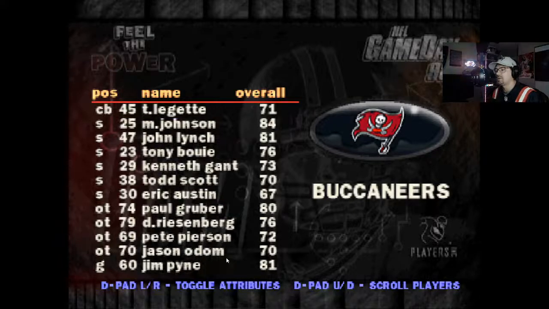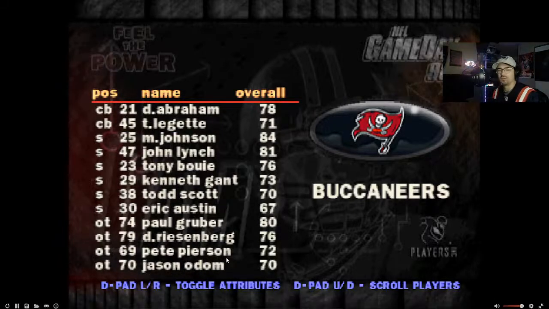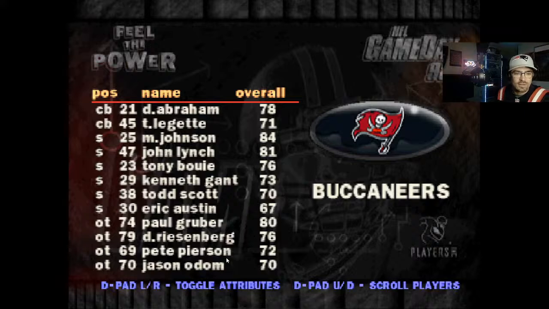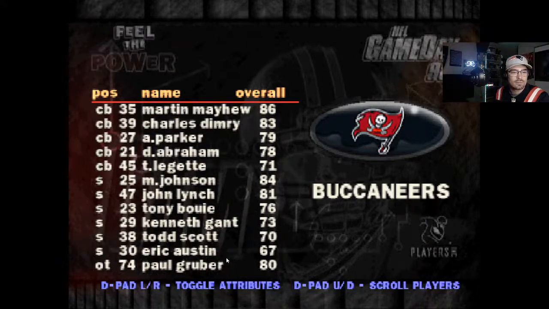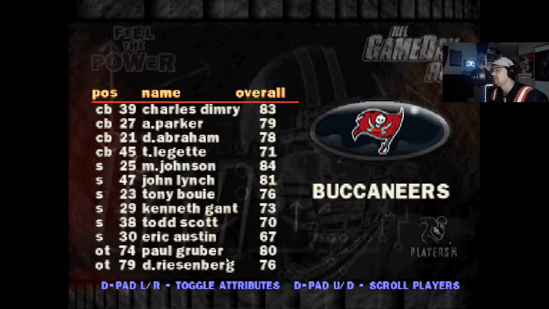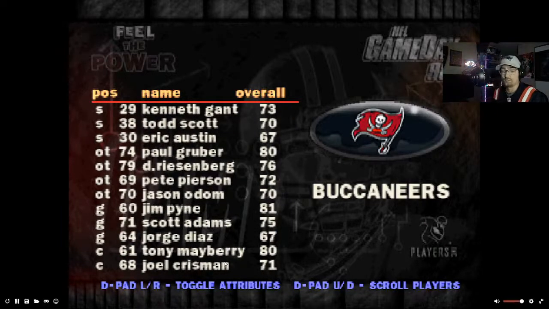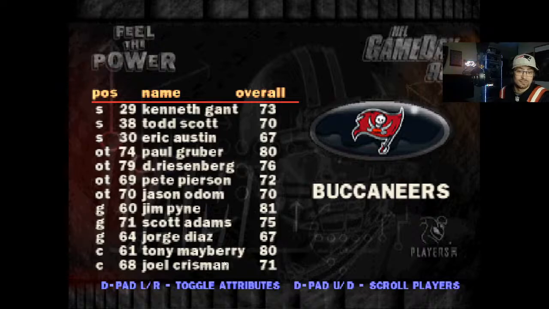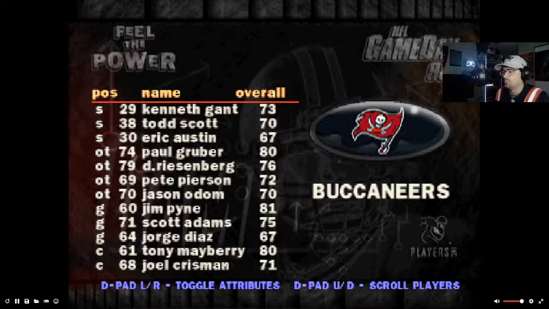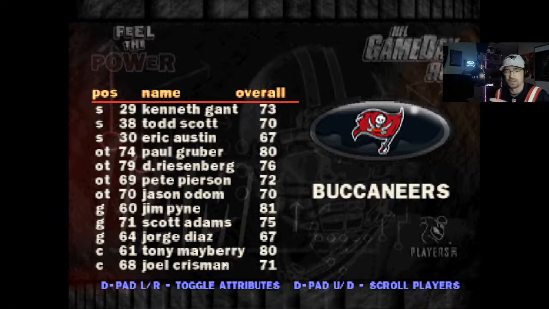Probably no one knew it at the time, but this team was about ready to make a real run at this thing. I don't see a few of the players that I remember from that team on here, but I see a lot of them. It's crazy to think about how, basically, I think this would have been 5 years. 5 years later, this team would have won a Super Bowl with a lot of these players on the team.